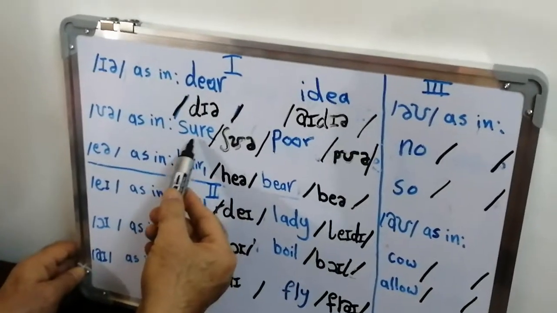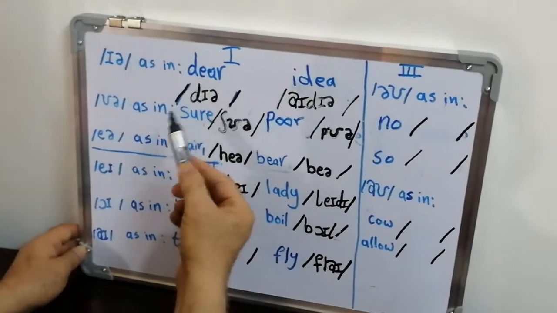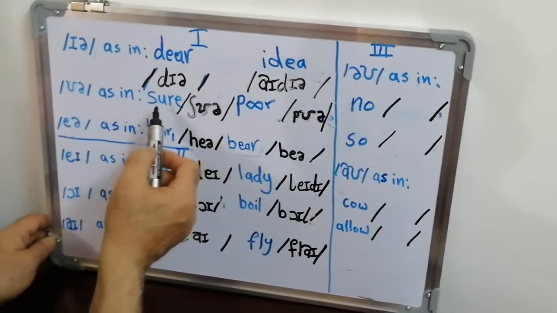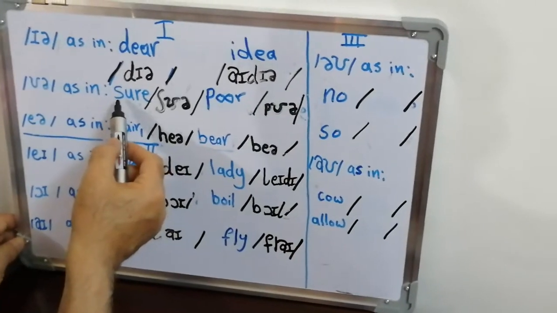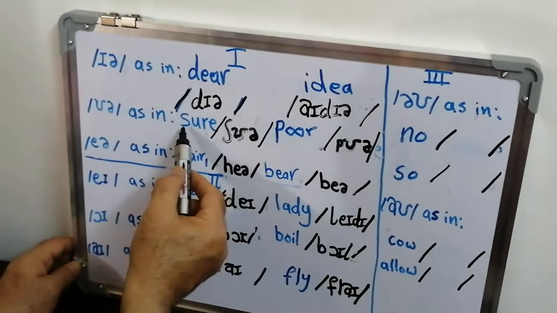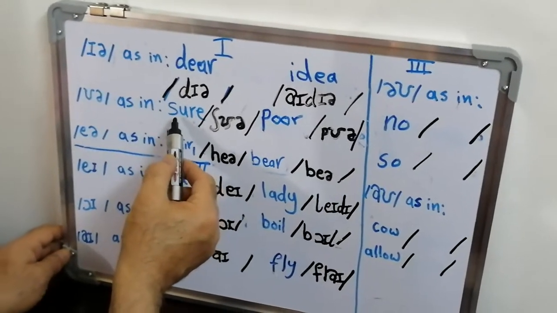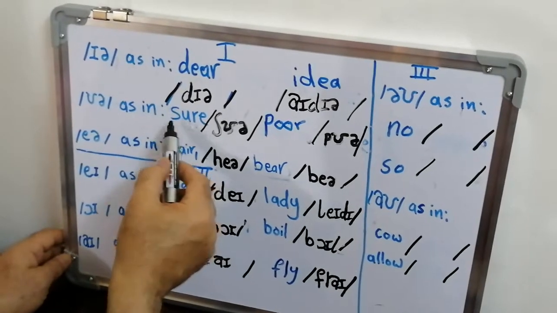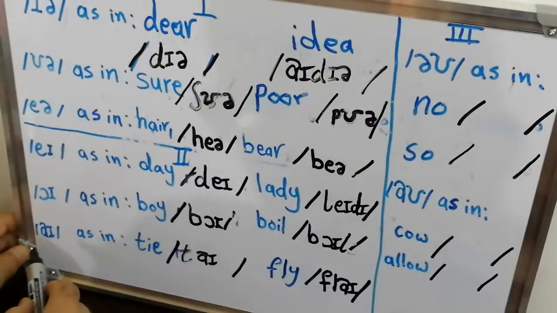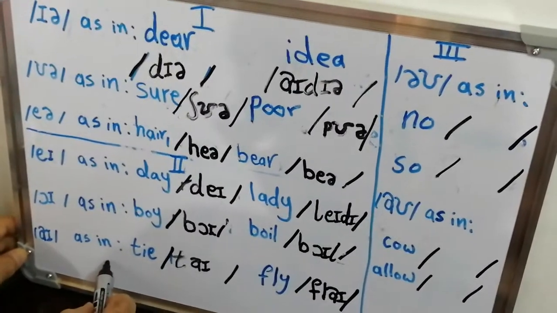For example, "she." You remember when I said that one of the problems that face us in learning English pronunciation is that, for example, two consonants, see here, S-U, always "sure," when there is U after the S, "sure." To remember this vowel sound, I forgot to say that you have this